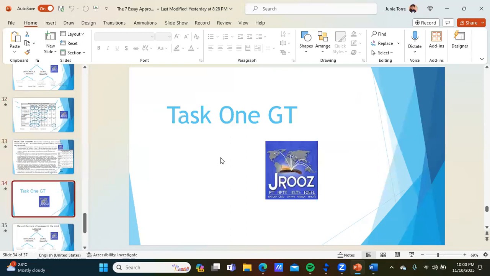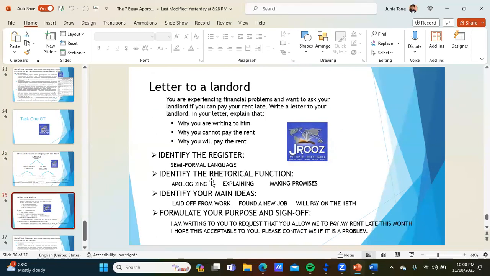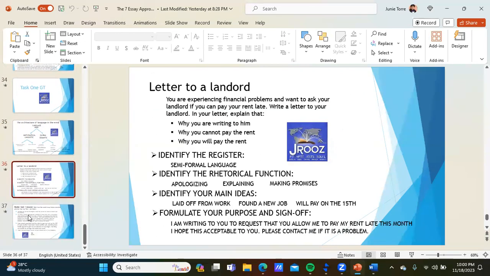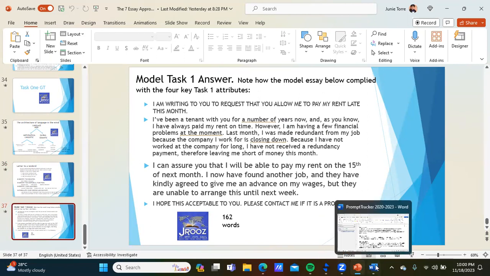Okay, and then there's task 1 GT. And then the linguistic perspective, left side of the brain, right side of the brain. And then letter to the landlord. See, worth the money, worth the tuition fee. And then that's an example. Okay, and then before we conclude,